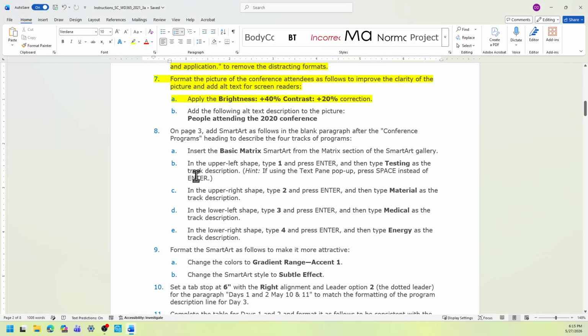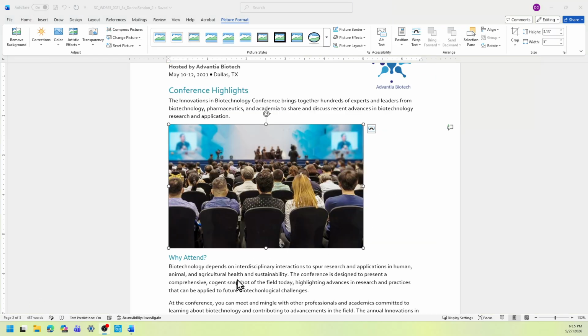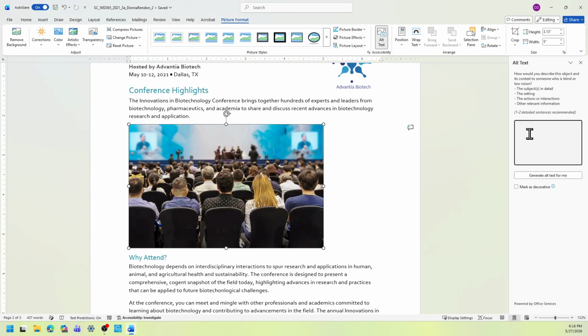We need to add the alt text description to the picture, and we're going to type this sentence: people attending the 2020 conference. Okay, and then now we're going back to the start file. Okay, so right now you still have the picture selected. If not, go ahead and select it. So still under the picture format tab, you go to the arrange group. You see the alt text, select alt text, and then in this box, you're going to type